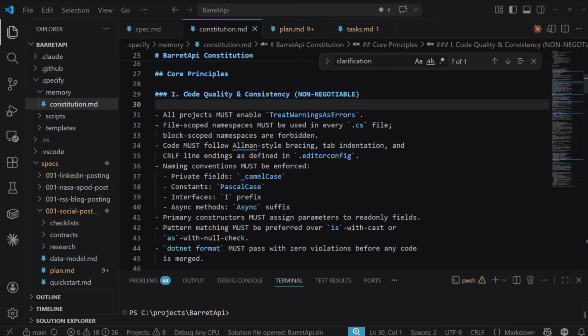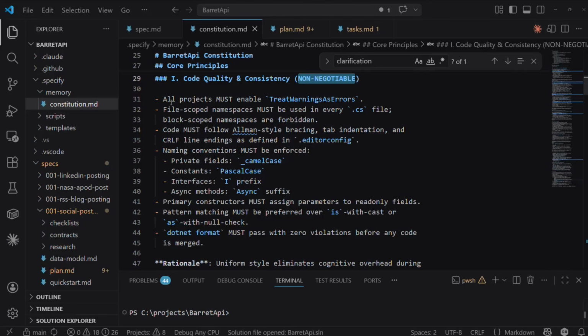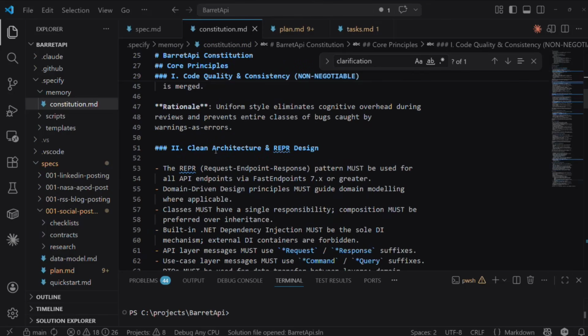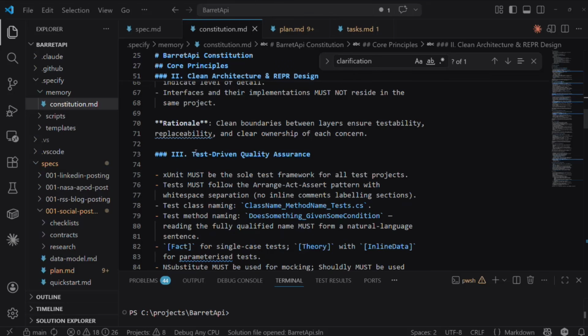guidelines. The first section here is code quality and consistency, and I've defined this as non-negotiable. You have to do this for everything. It's defining some of my style and some of the things that have to be run. I've defined that my project is going to use clean architecture and the repository design.